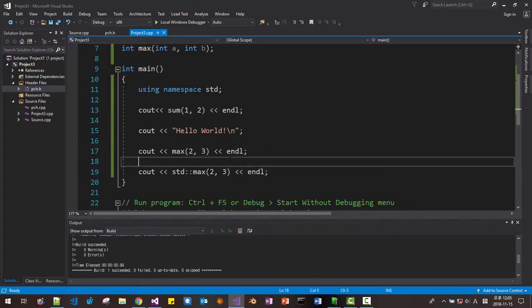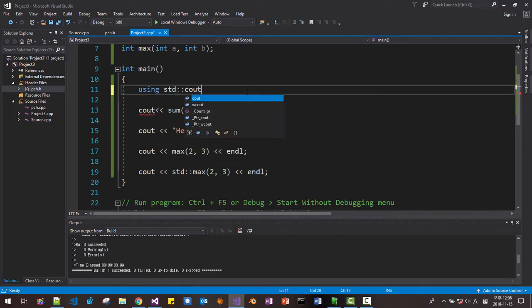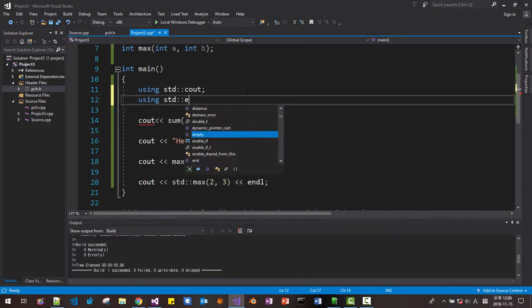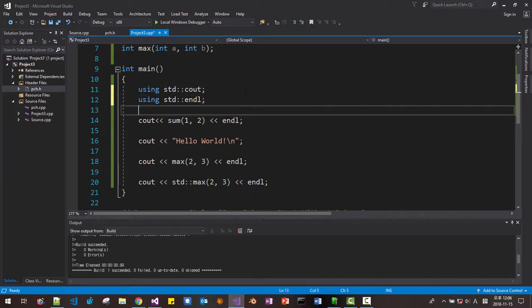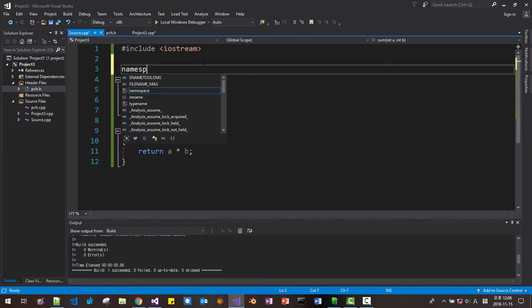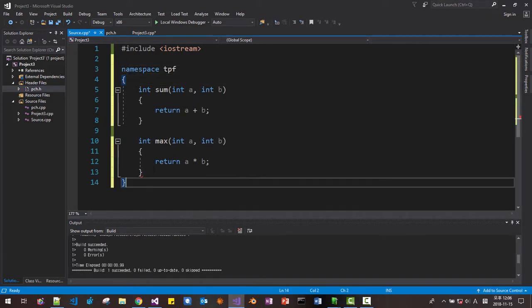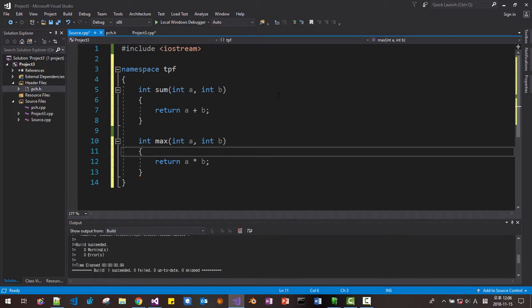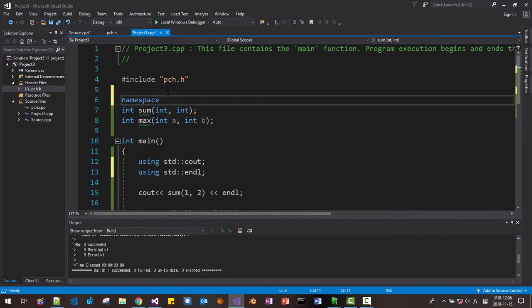In some cases, this kind of programming is okay, but instead of doing this, I highly recommend the following. Don't do this. Instead, use std cout, using std, and there. Try to use code like this, and instead of doing this, make it into a namespace. Talk, play, fun, for example, enclose it in a namespace. Now these are in a namespace block, and here you have to do it like this: namespace talk, play, fun,